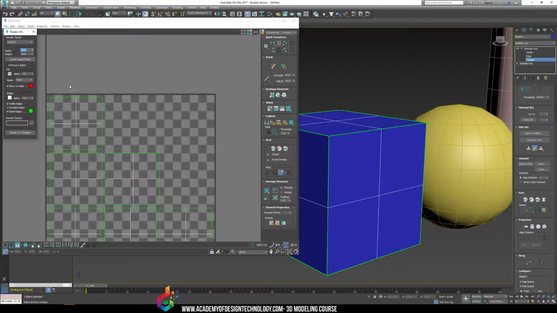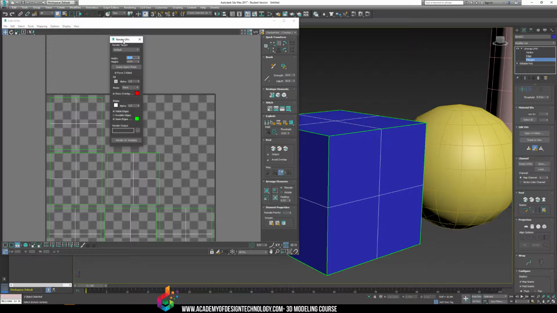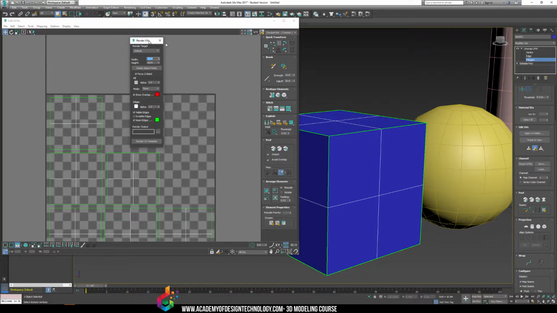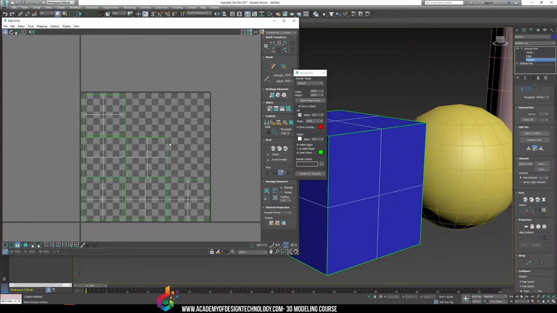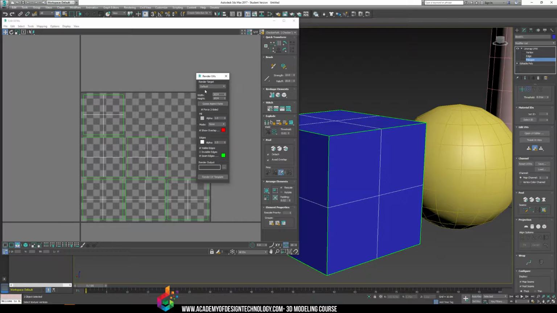So this is the most important one, and the one I really want you to remember is Tools > Render UV. Because what Render UV allows you to do is save the image, this green and white image here, to your desktop so that you can draw on top of it or load it in as material. So I'm going to render this UV, and I'm going to explain a couple things about this